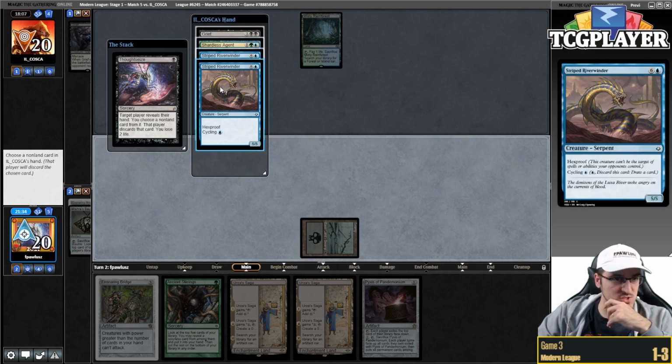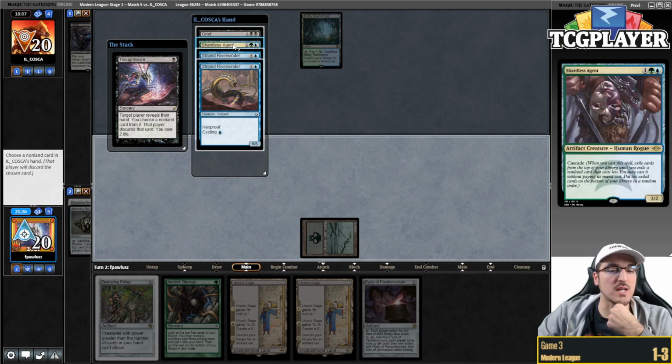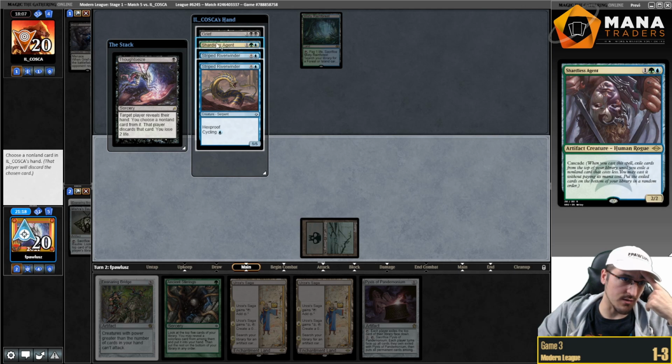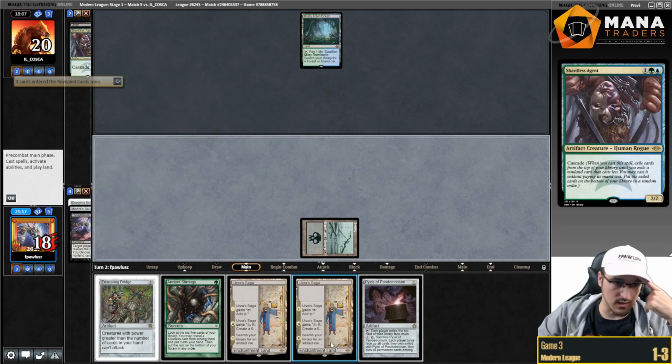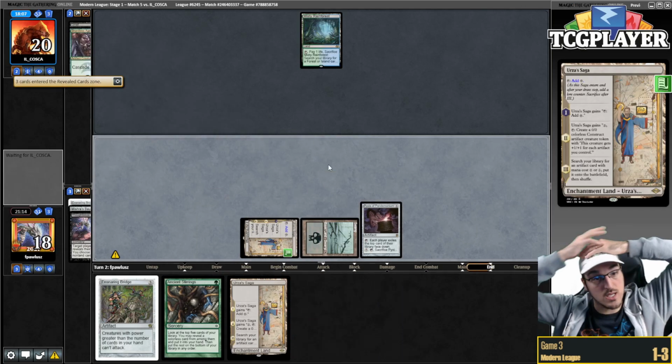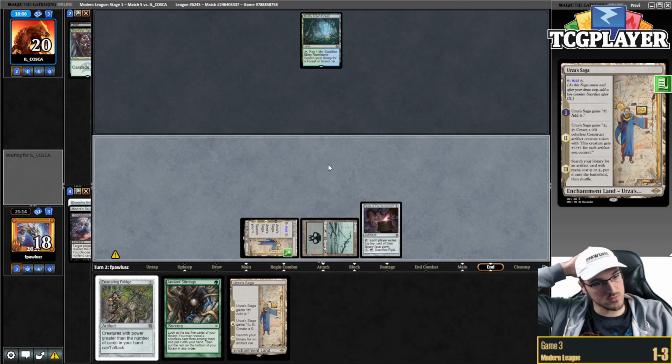I think I take a Striped Riverwinder, as ridiculous as this is. No, actually I'm going to take the Shardless Agent, and the reason for this is I know that this allows my opponent to look a little bit deeper, but this is a green card that they can pitch to Force. So I think that getting rid of that is just going to be more important, because again, my hand just loses to Force, so...